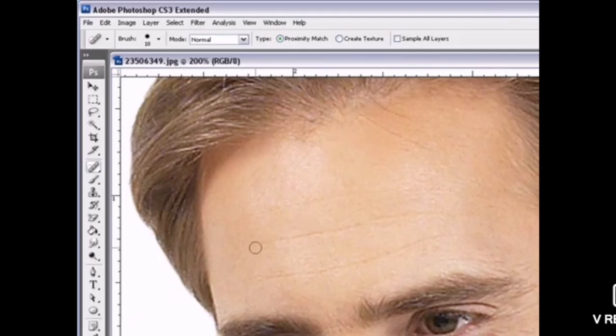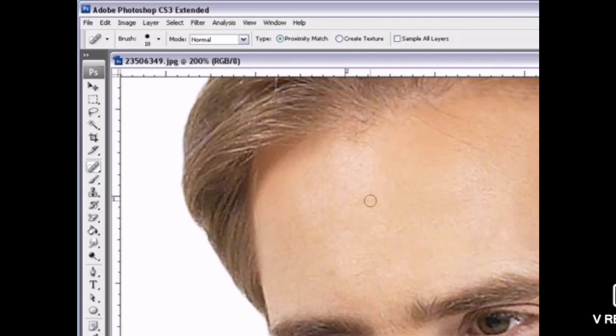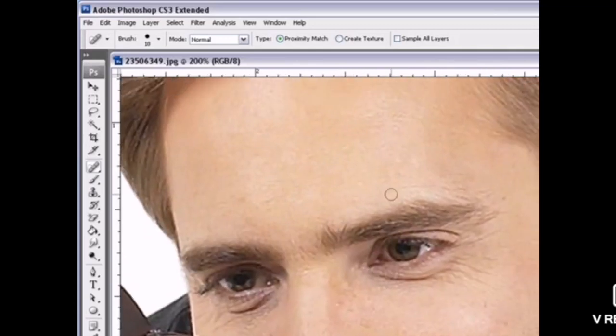Now suppose here in my forehead, so this is my line which I don't want. So what I'll do, I'll just click one place and then drag the mouse. See, this way I can drag it. Understood students how to do it? Just select the spot healing brush tool, put your cursor brush there, just do a click on the spots wherever you want to heal it. If it is more, then just click on it and drag the mouse.